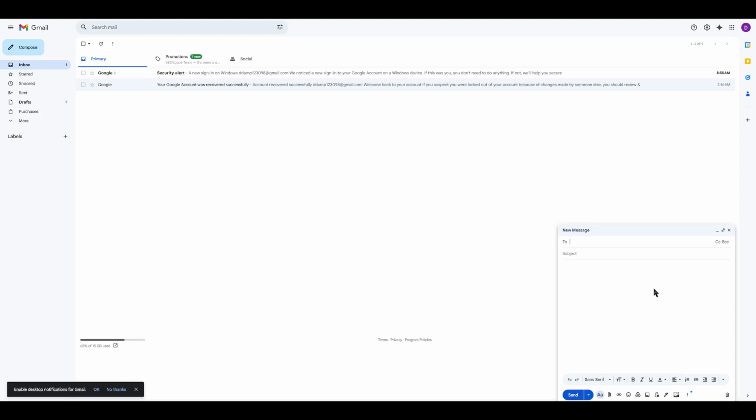Now, when you're ready to attach your PDF file, direct your attention to the bottom toolbar of the email window. You'll notice an icon that looks like a paperclip. This is your attachment tool. Once you click on this paperclip icon, a new window will pop up. This window allows you to browse through your computer's files and folders to locate the specific PDF you wish to attach. Simply click on the file you want, and then click Open, and just like that, your PDF is now